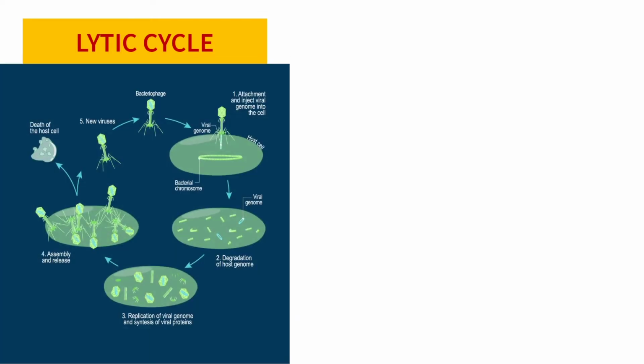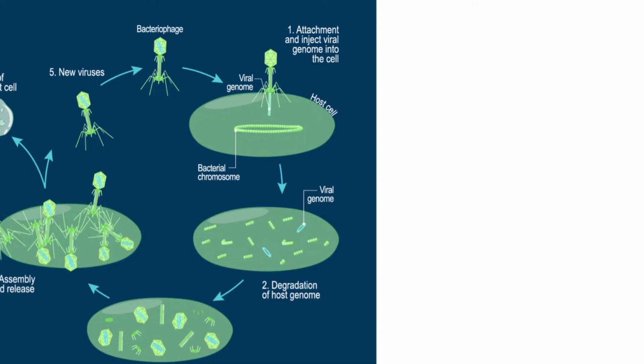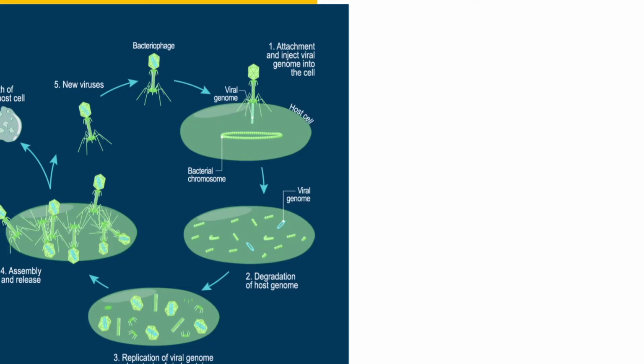And next we are going on with the lytic cycle first. Lytic cycle: the word lytic means bursting out. So in the lytic cycle the virus is going to burst out from the host cell and come out. It is going to kill the host cell and then come out. When you see this diagram very clearly, there are some processes involved. So have your book in your hand. There are some stages given in your book. I'll tell you with this diagram.